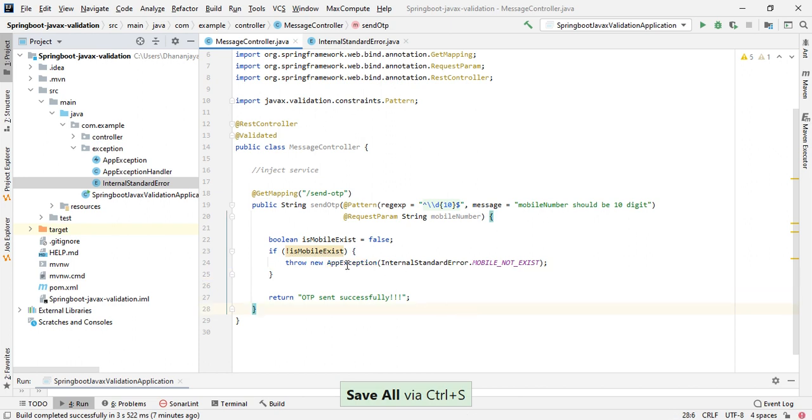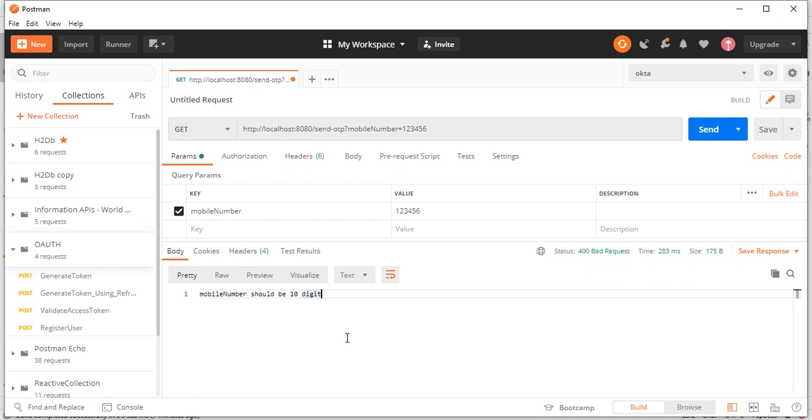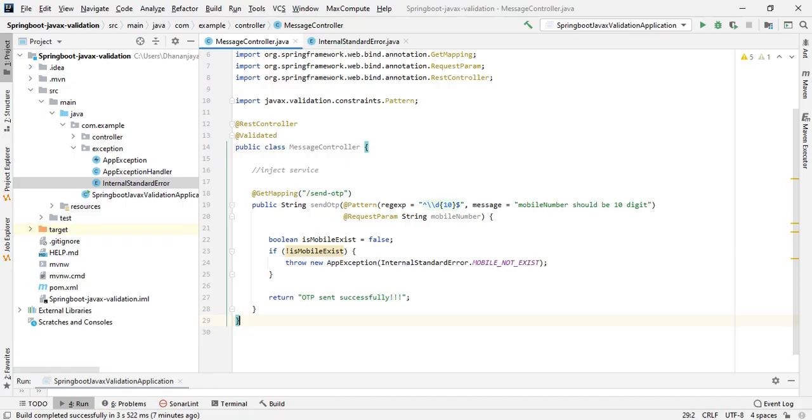but whenever we are returning this one, that means we need to return a proper format, because in the previous video, if you see in the JavaX validation video, we are returning normally plain text format, which is not good and which is not recommended also, because here we will not get much information about the exception. So how to do that, how people are doing in real time, let's try with that.